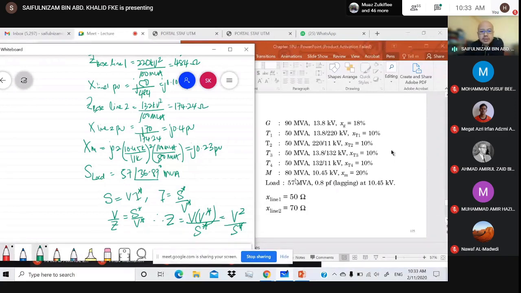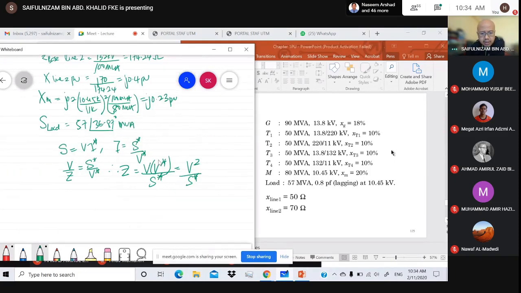Because the conjugate times the one without conjugate, the angle will be cancelled. So you get V squared, the angle becomes zero, over S conjugate. So this is the complex impedance Z. Okay. So substitute into this expression, you can get Z load actual equal to